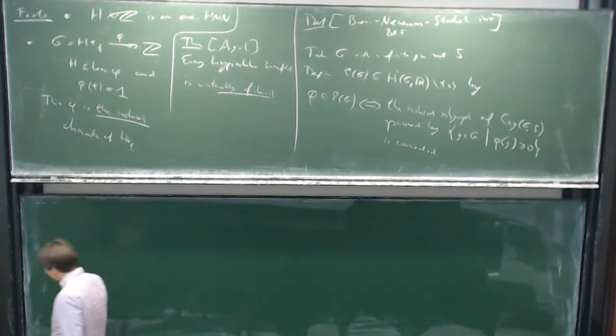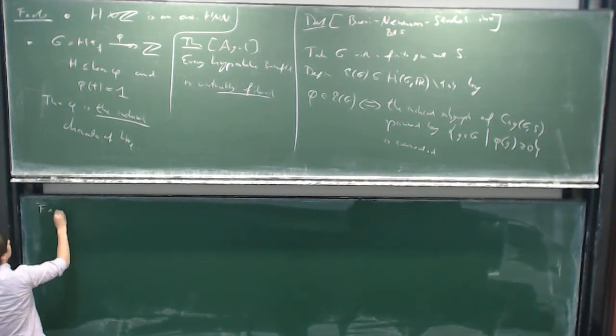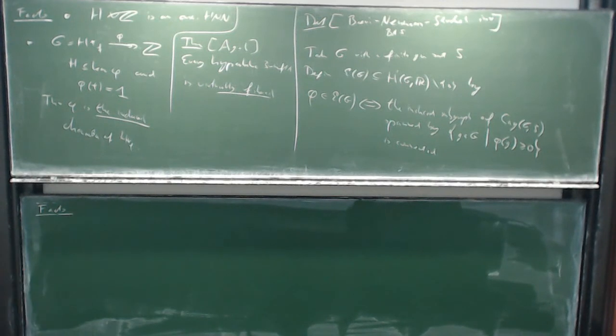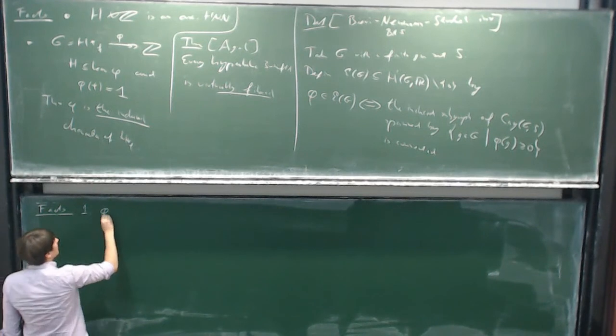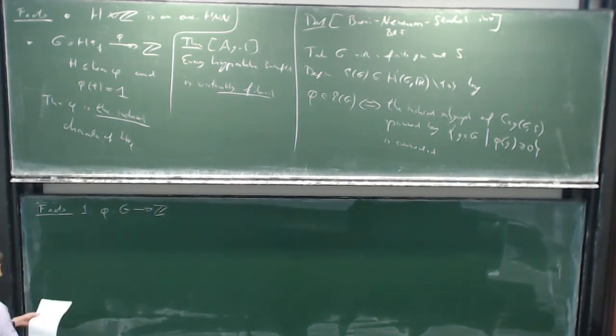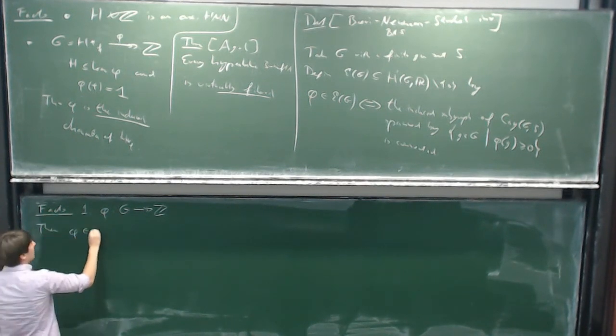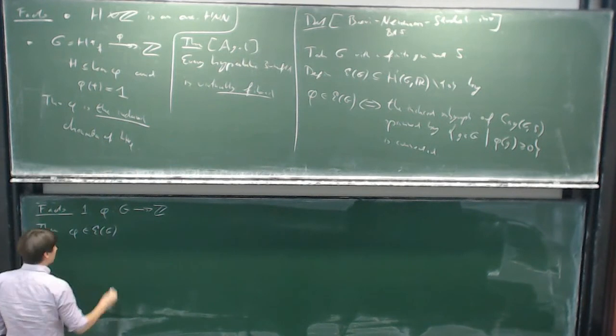Okay, so this is the definition. Now, the definition has a problem, namely, it's not easy to verify which element is in the sigma invariant and which is not. But there are some facts which are going to make our life a bit easier, because there are some characterizations. So fact one is that if we look at a character phi which takes our group onto Z, then phi lies in the sigma invariant